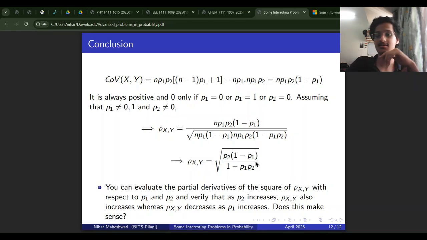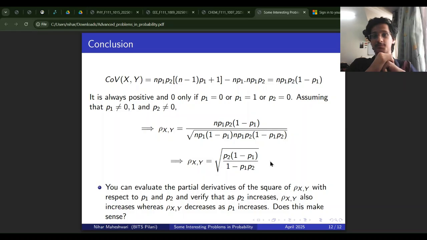And on the other hand, the interesting thing is that as P1 increases, rho of x comma y actually decreases. It's a decreasing function of P1. And this is a little bit harder to explain intuitively, but the way I decided to interpret it is that P1 was the probability of buying a certain product. So in the worst case scenario where P1 is equal to 1, where you're saying the customer is just going to waltz into the store and buy all the products on the shelf,